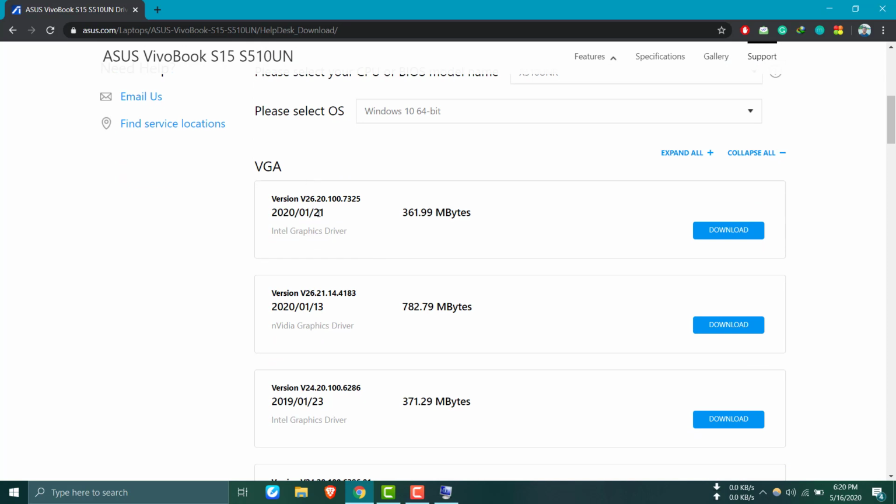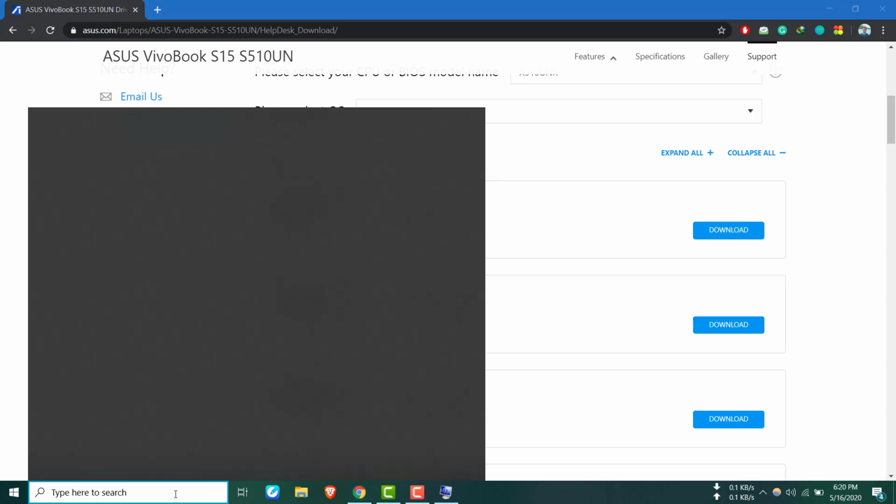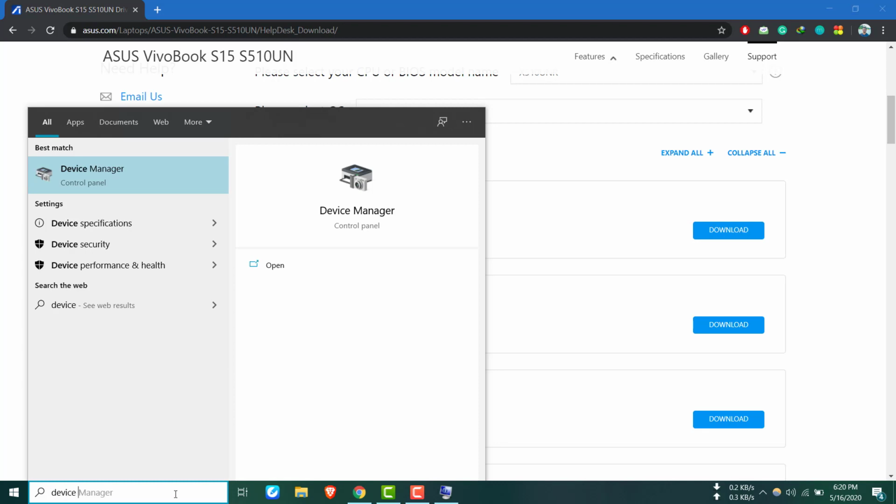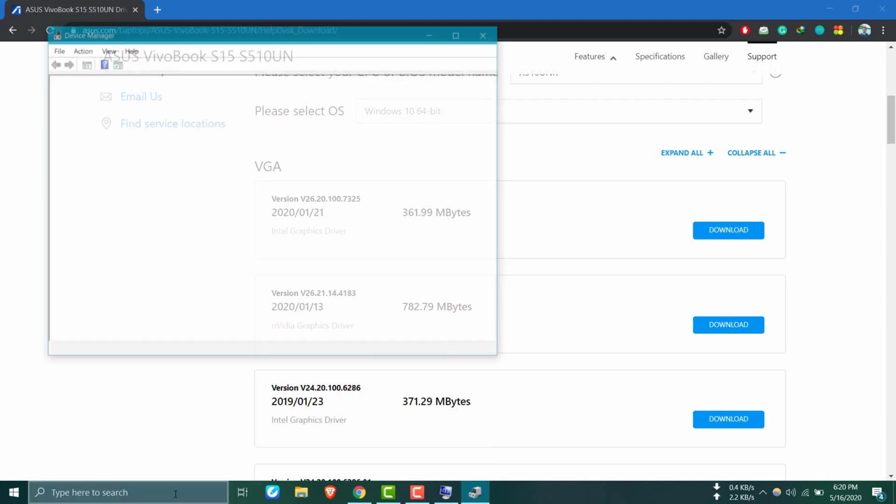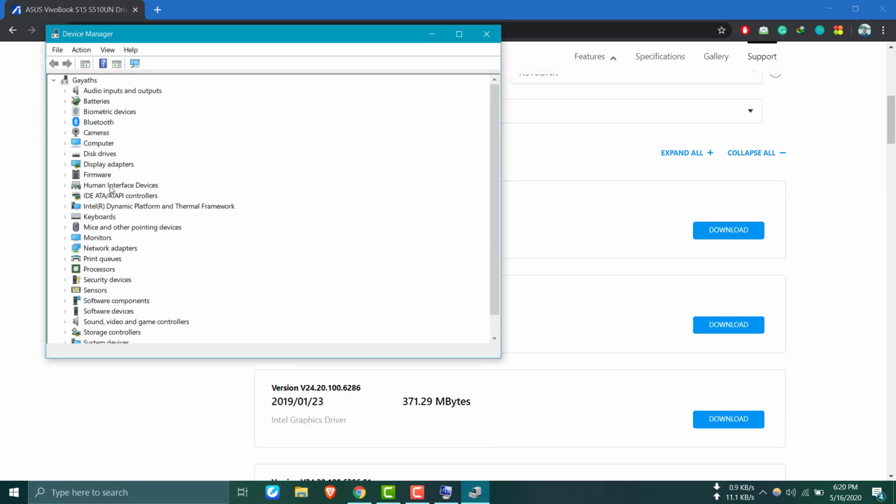After getting here, this is the driver version. You check if you have installed this version or not. For that, in the search type device manager. In the device manager, our video drivers are in the display adapters. Here you can see your Intel graphics and NVIDIA graphics.